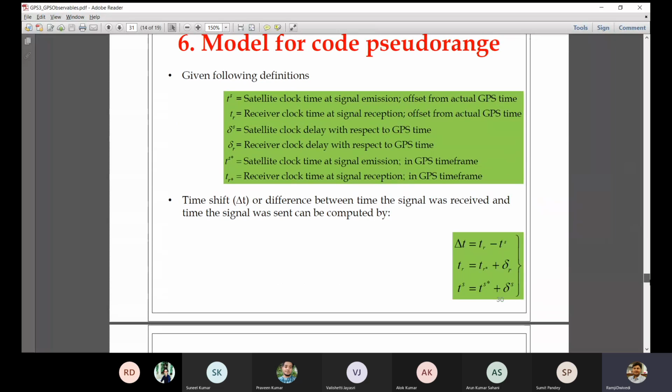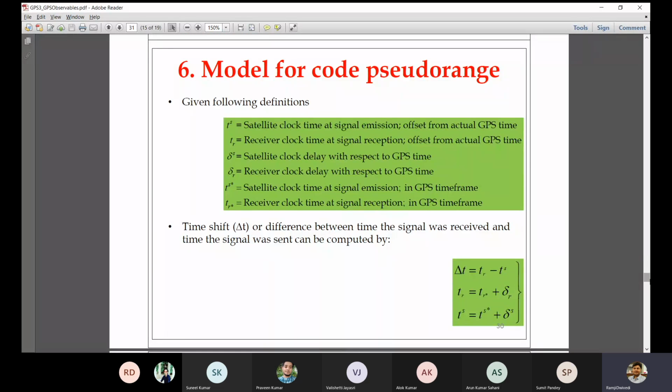Now coming back to our original discussion, that was a little bit of background about where you will find the data. This particular slide which is open in front of you mentions the model for code pseudo ranges and carrier phases. What we are right now reading is that, now we know about the basic fundamental